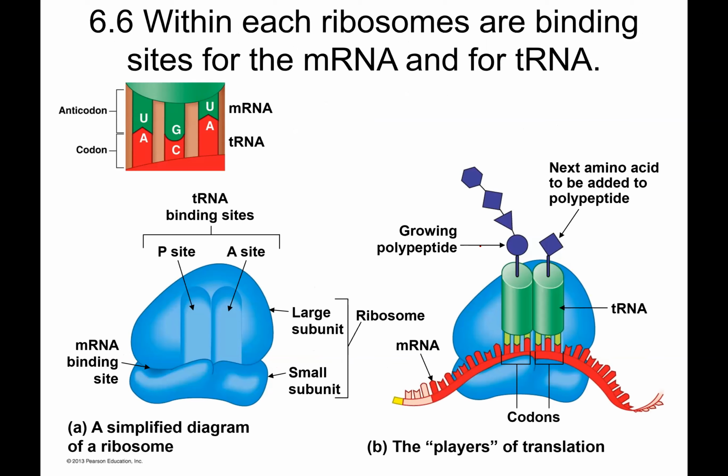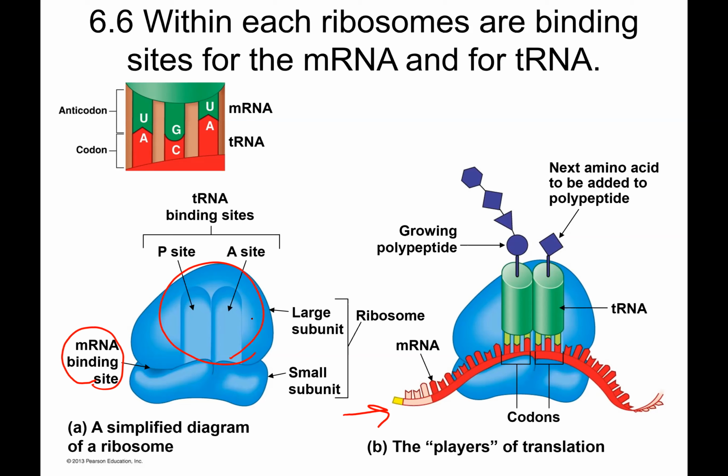So within each ribosome, there are binding sites for the mRNA molecule, for that single strand. Note over here, the mRNA molecule is in that binding site. There are also binding sites for transfer RNA, tRNA. You have a P site and an A site, okay? So what happens,